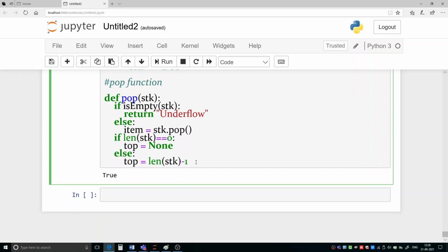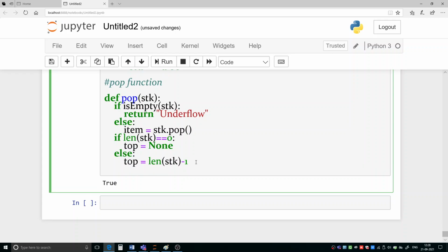Then simply, from popping, what you have to do is return the item. You return the item that has been popped. Now see this function once again from top to bottom, and what different things it is going to return.